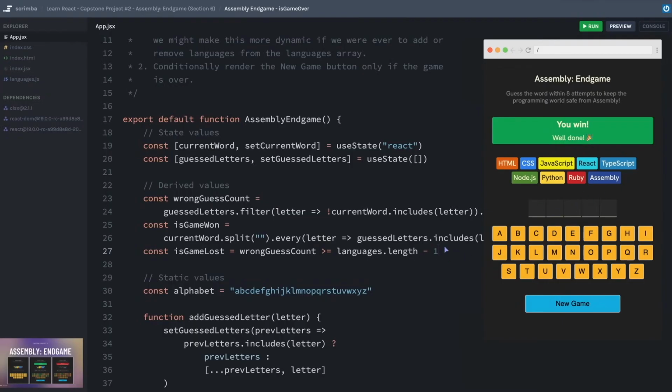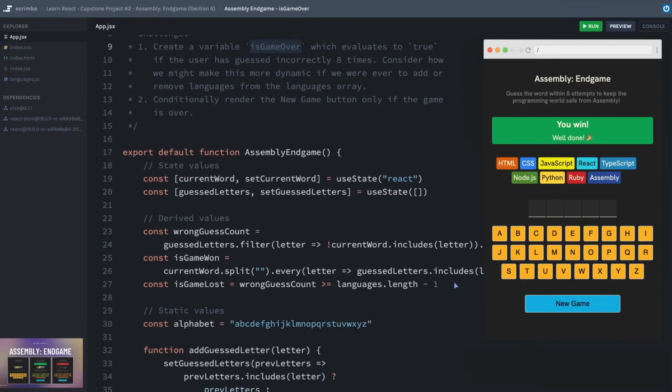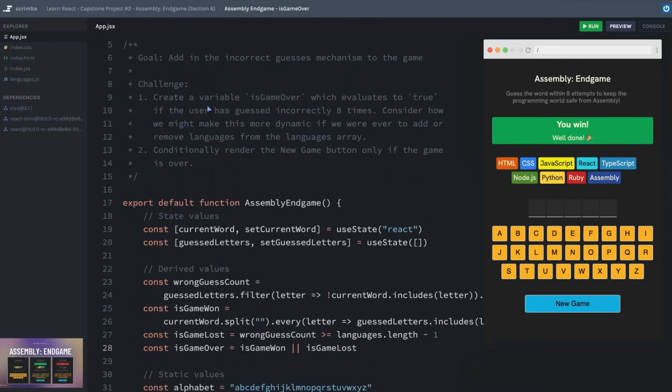I certainly couldn't. Okay, so that finally leads us to the isGameOver variable. The game is over if either the game is won or the game is lost. So now that we've put that work in, we should be able to easily say isGameOver is equal to isGameWon or isGameLost. This is kind of just an intermediary convenience variable. Anywhere that we are relying on it, we could have theoretically just said isGameWon or isGameLost, but this way is a little bit fewer characters. All right, so that was challenge number 1.